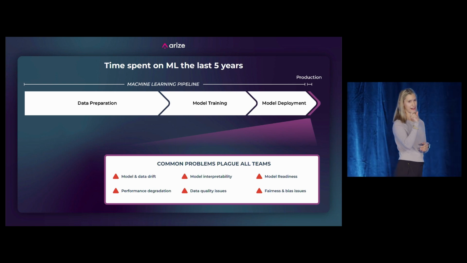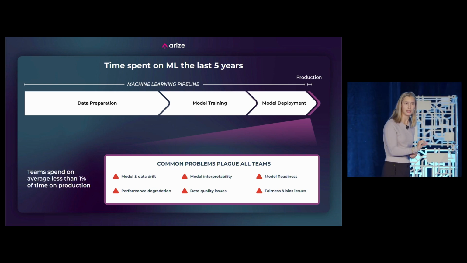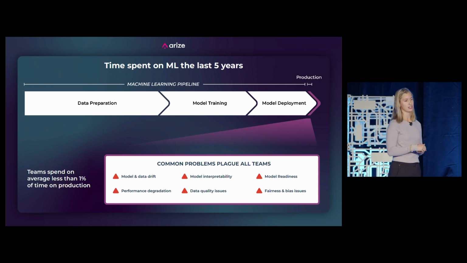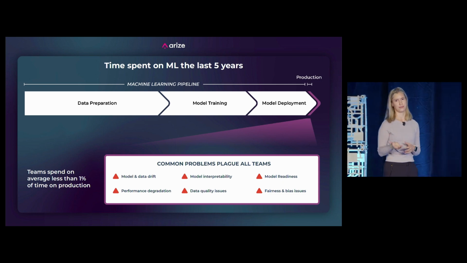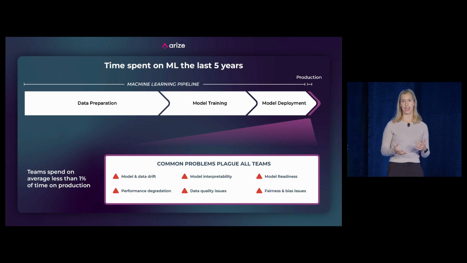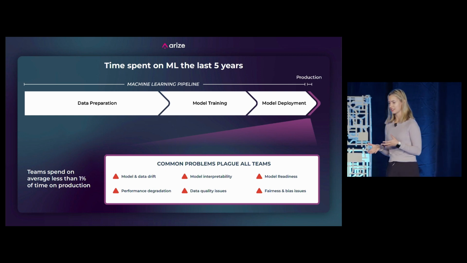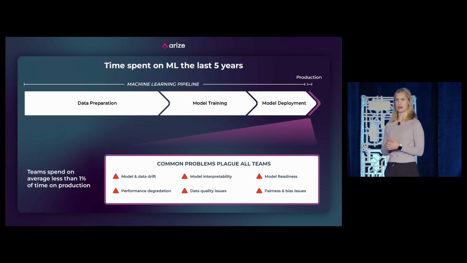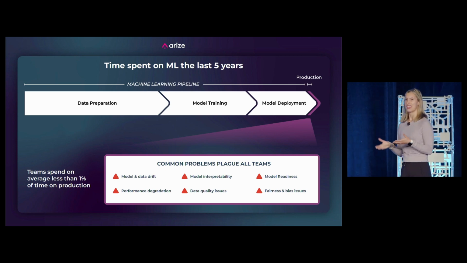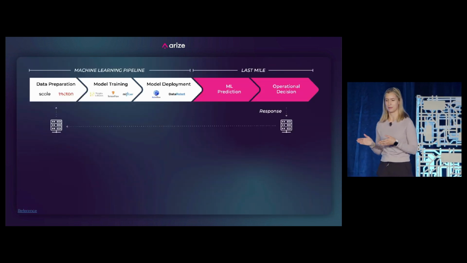And when we say we find a sliver of time that people actually spend in production, it tends to be on average less than 1% of the time. Again, this was found from surveying a lot of teams. And the problems with that tend to not lie in finding what to do in production. It's trying to figure out how to spend that time in production.